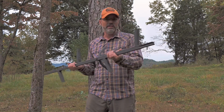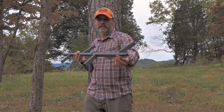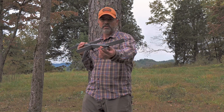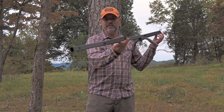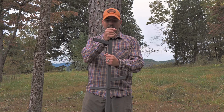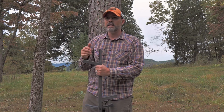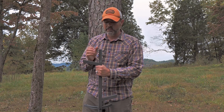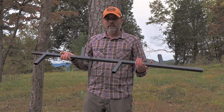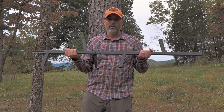And they have this recessed end up here where it's a little bit smaller, not in diameter, but it fits inside of the other end down here. And they stack on top of each other. They're fully connected to one another. There's a bottom that has a T-plate on the bottom of it, that's what rests on the ground. And then the top also has a T-bar that you can grab whenever you get to the top. This set comes in 5 pieces, 5 4-foot long pieces, so that way I can get 20 feet high,